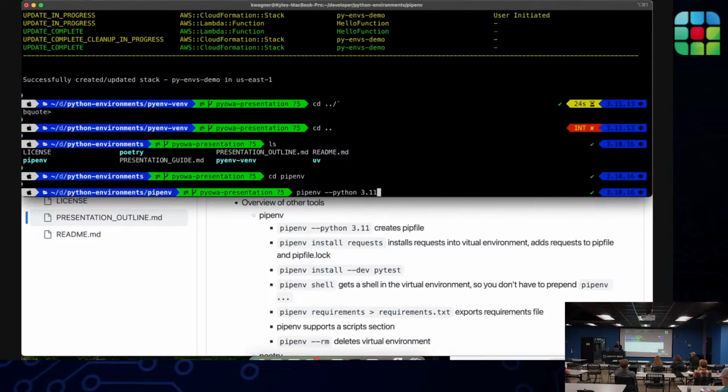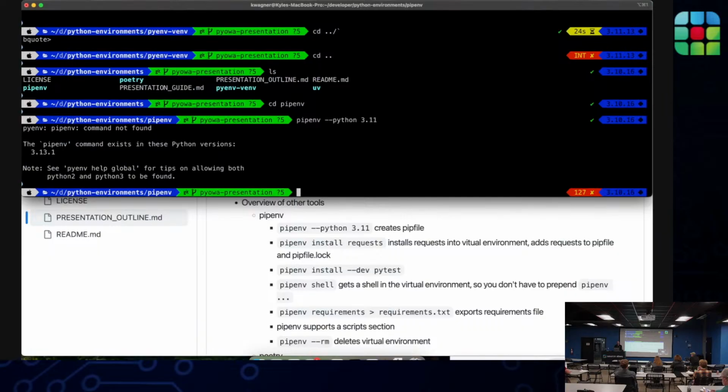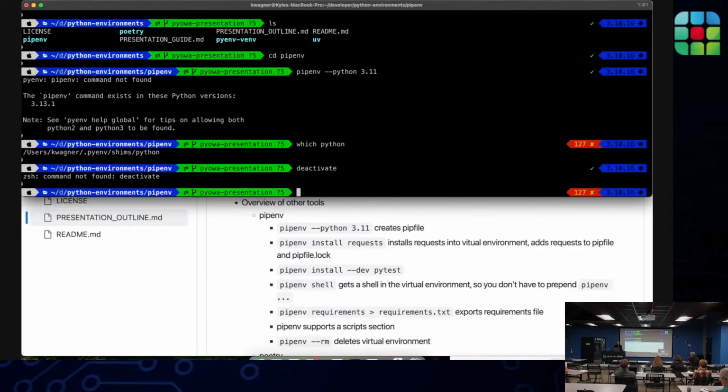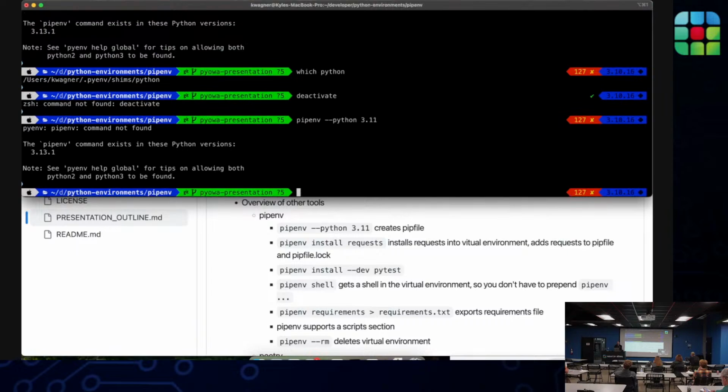So let's say 3.11 and oh, okay, it's because I'm let's try it again. Oh, okay, so we need Python version 3.13.1.